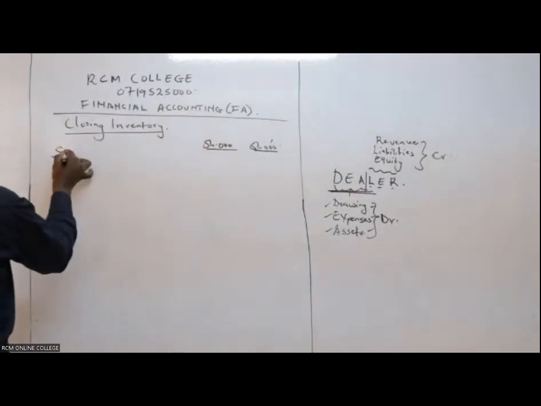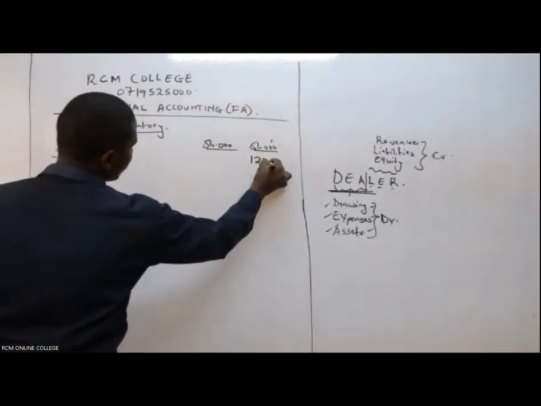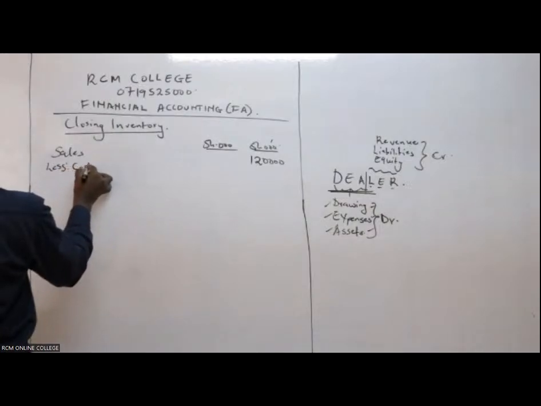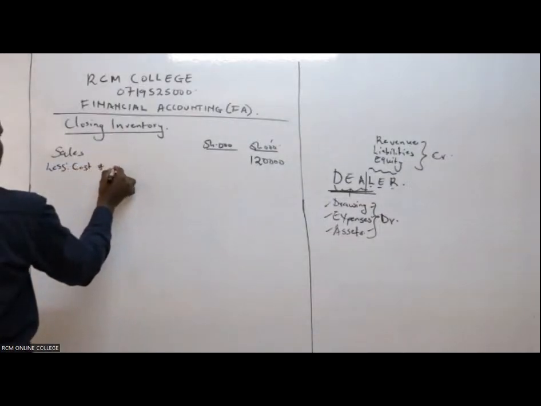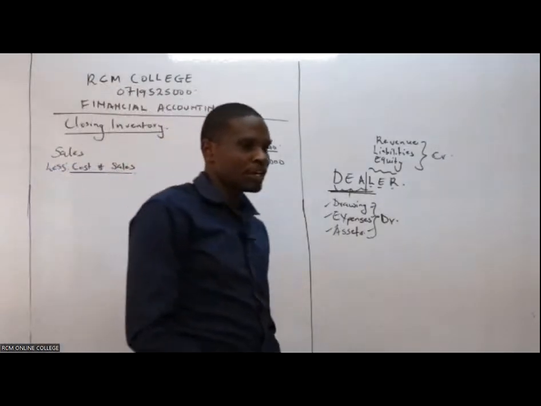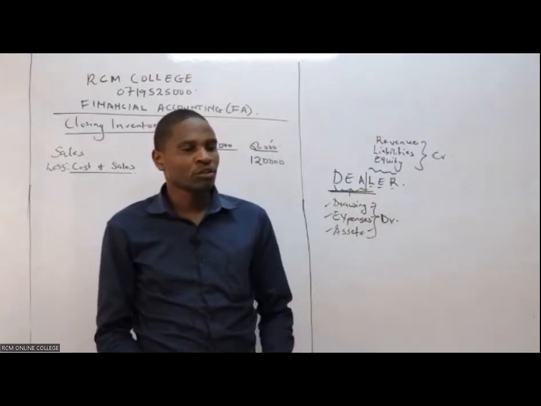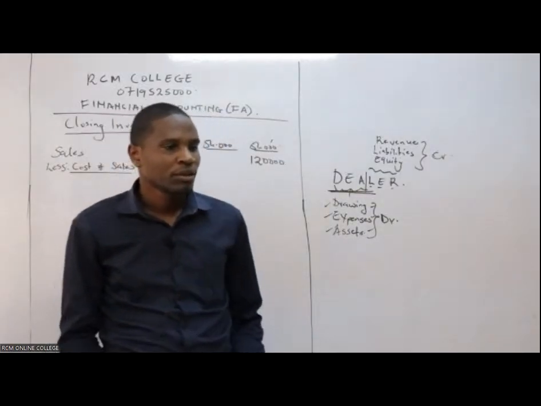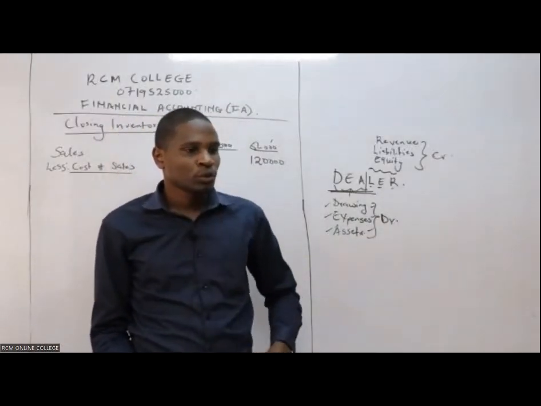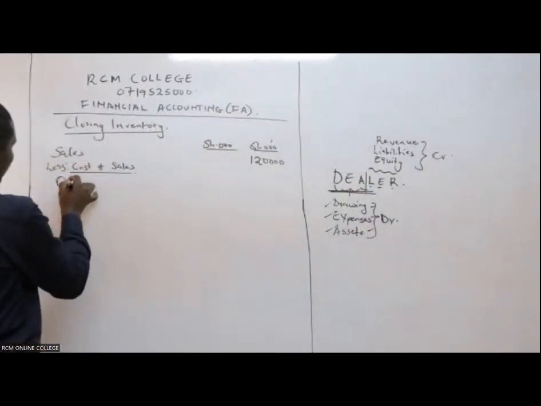So we start with the sales, and our sales here, somebody gave us 120,000. In fact, that is our sales. We less cost of sale. If I look at what we have, can you give me the component of cost of sale? Somebody to give me the component of cost of sale. Francis, component of cost of sale. Just give me one. We say opening inventory. I can start with the opening inventory.